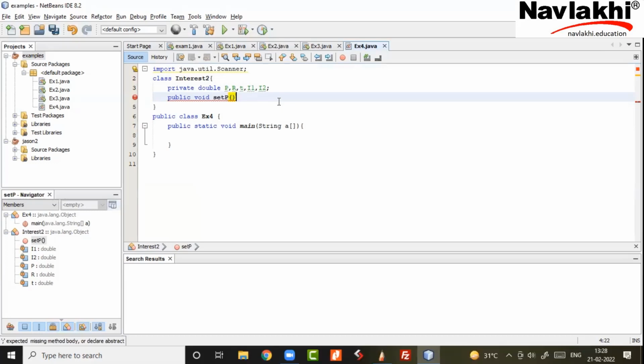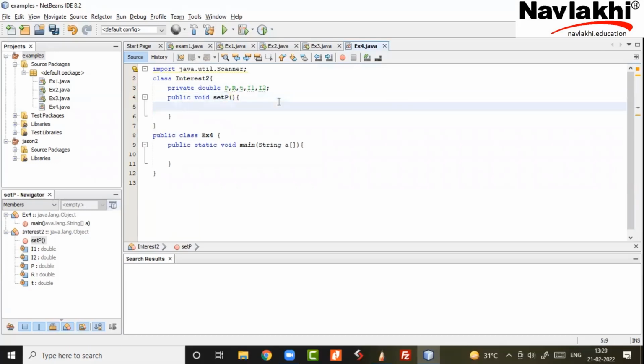Set P is for setting the P. मतलब हम लोग नाम वही रखते हैं. We have an argument out here. Say I call it X. Then it will be P equal to X. Plus set P function क्या कर रहा है? X लेके वो P को देगा. X को लेके वो P को दे देगा.